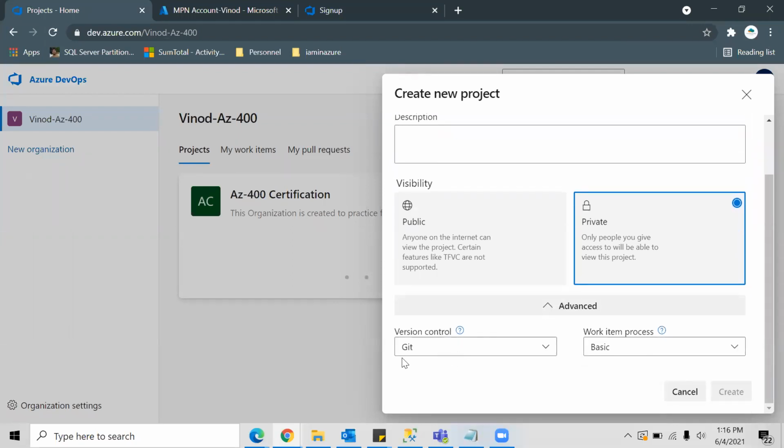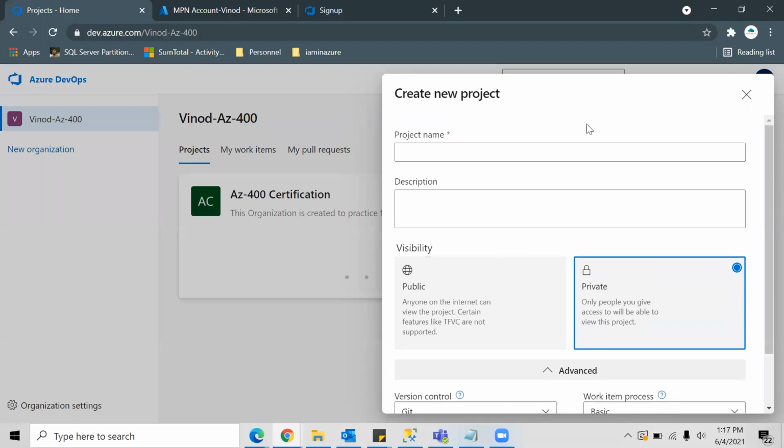You can use Git or TFVS as well, like Team Foundation Server. And how you are going to handle your development in terms of the boards, you can use the Agile model, Scrum model, or CMMI model. I'm just sticking to basic for now, and the version control is Git.